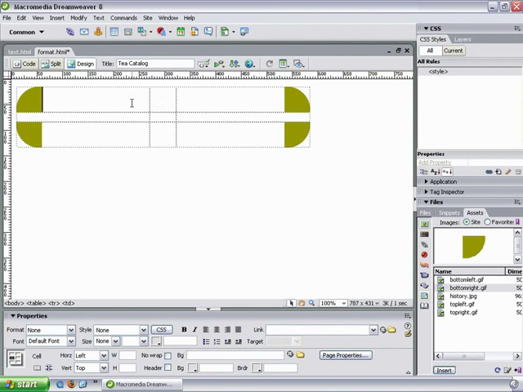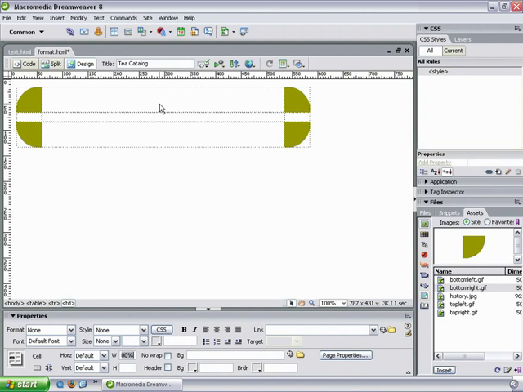Now, if you look at my table, I've got a cell here, here, here, here, here, here, here, here, here. The content of my table is all going to go in the center cell. These other corner cells are basically just there to hold those corner pieces. So I'm going to come into this top cell in the middle here, and for the width, I'm going to type in 100%, which you might think is kind of weird because obviously it's not going to take up 100% because there are things in these cells already, and you can't make a cell that has content and it collapse into nothing. But because I'm putting 100% in here, that ensures that this middle column will go flush to the